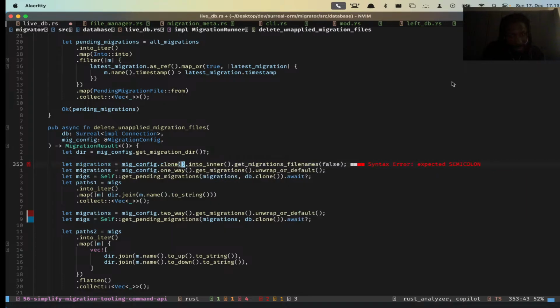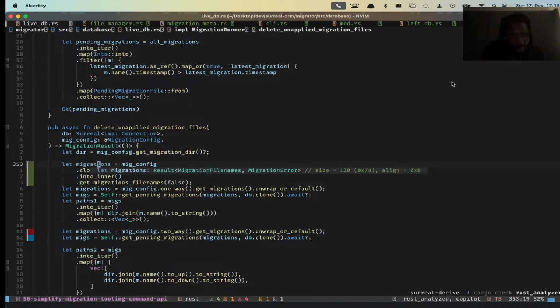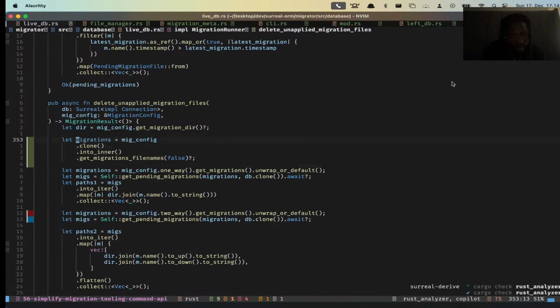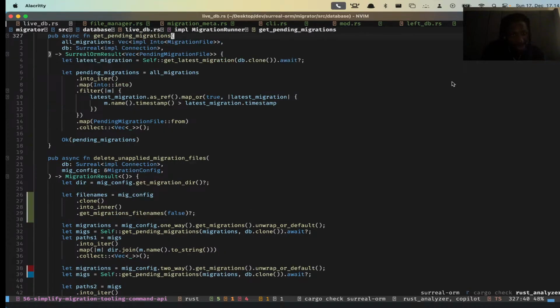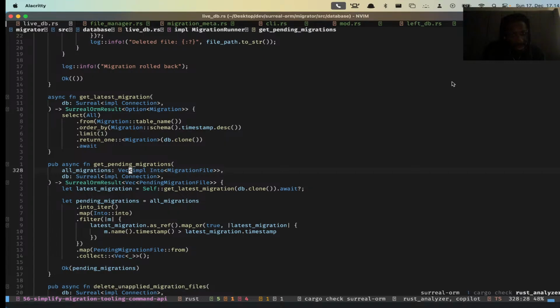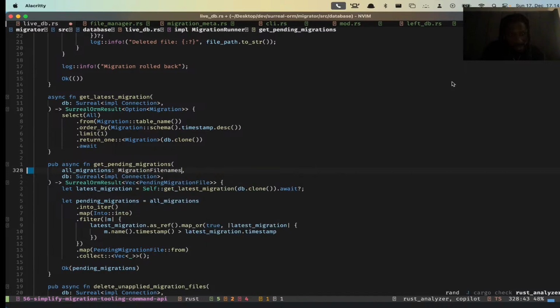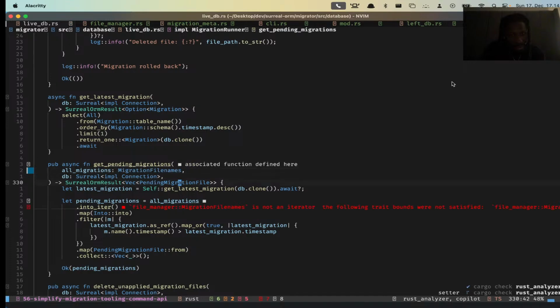Well, let's first do this, we'll sort it out later. This gives us that we can just do that, and so this gives us file names, and with that you can probably tell these to just take file names, migration file names, yep, and